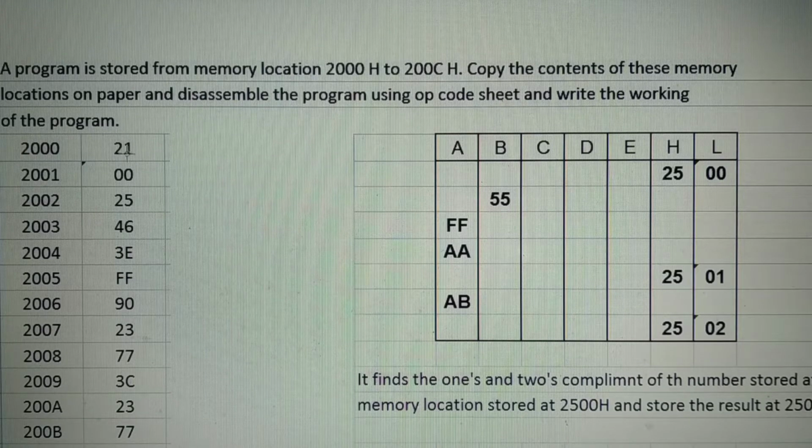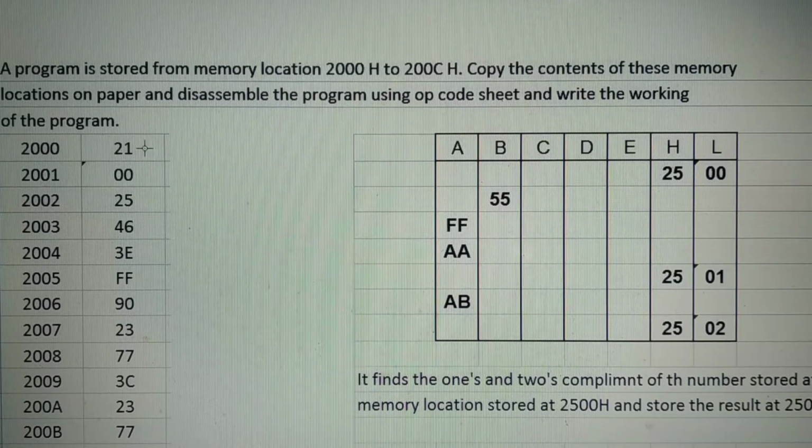Write the working of the program. Here, from 2000 to 200C, operation codes are given, and from those operation codes you have to write down the program, execute it, and write down the purpose of the program also. These tasks you have to perform.